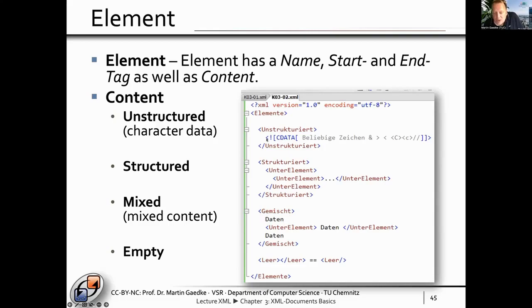But if you want to have all kinds of character data, including specific characters like greater than or less than signs,